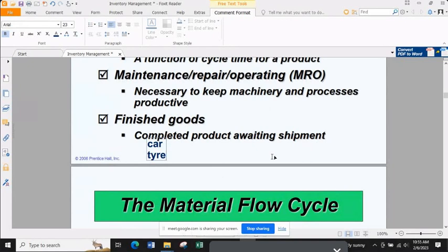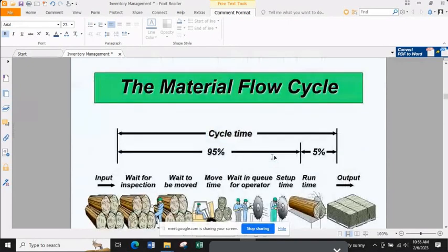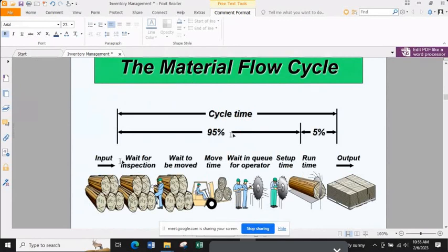Awaiting a shipment. So this is a material flow cycle. Normally from input to the setup time, the cycle time total required is 95%. So the remaining 5% is to produce the output. So you imagine the process. If you want to make sure the 5% is